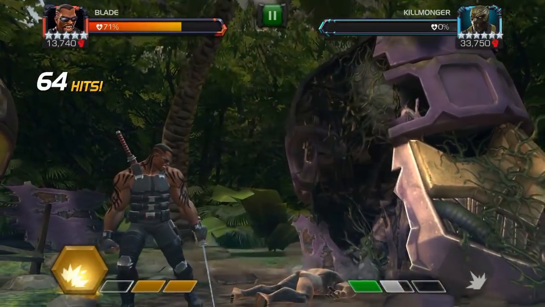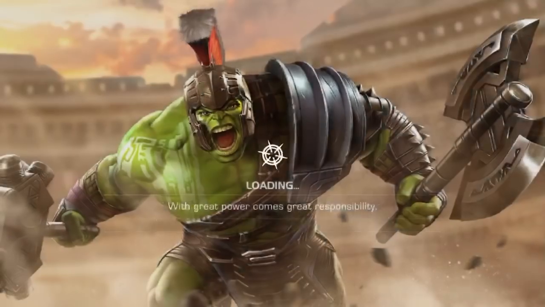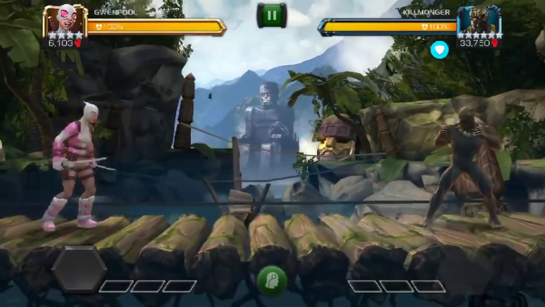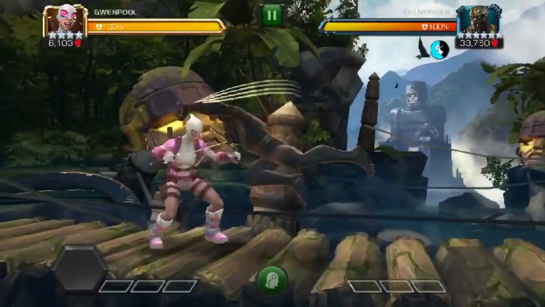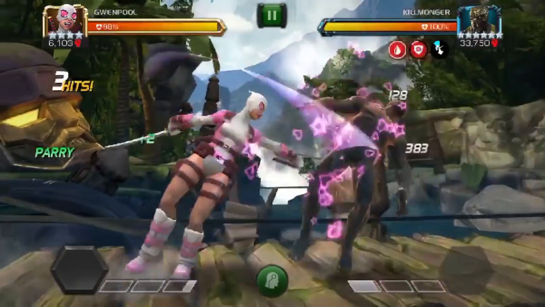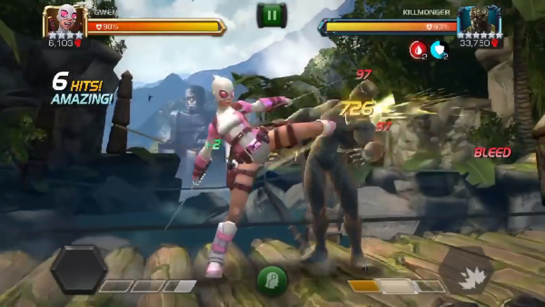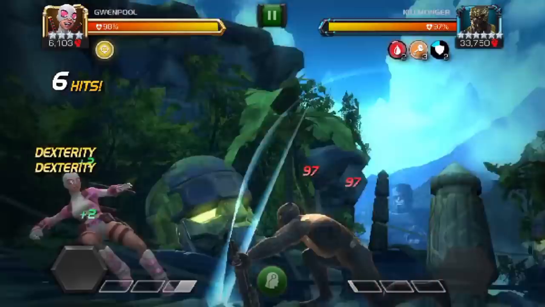Alright, so on to the next champion. This one is Gwenpool. So basically, any champion that lowers defensive ability accuracy will work. The higher the better. So Gwenpool, after 50 hits, you can actually get 100% defensive ability accuracy reduction. So as you'll see,